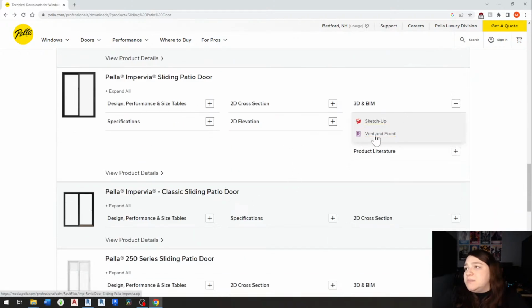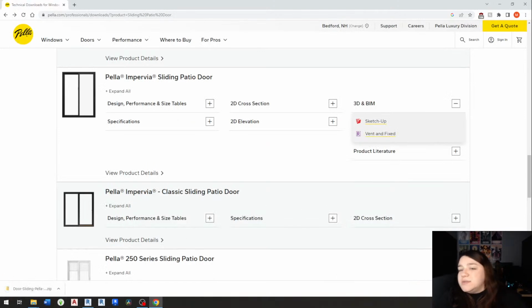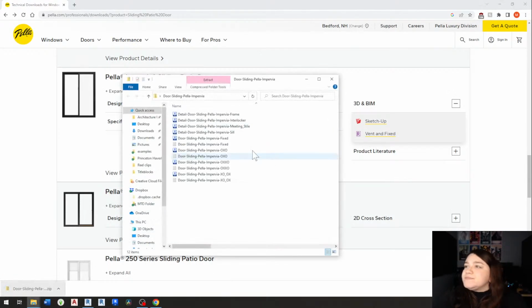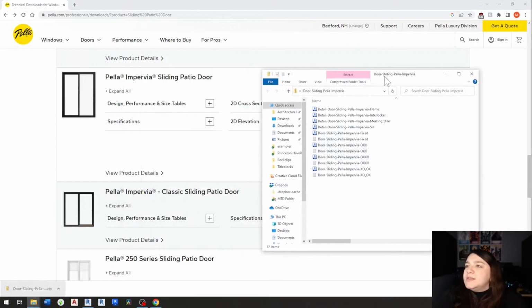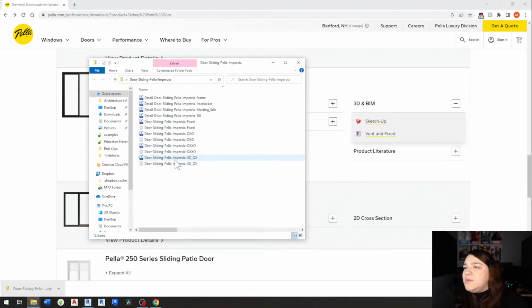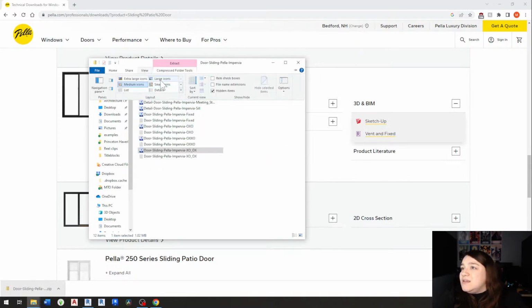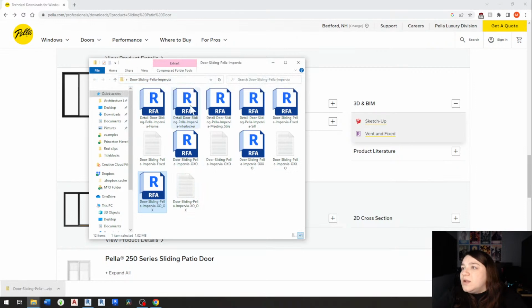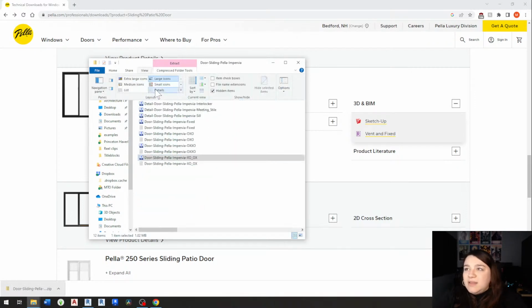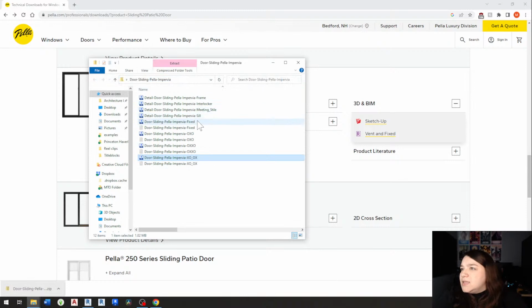And it has a BIM model, so I'm going to just download it and see what the difference is, because we're here. So this Impervia one looks like you can actually, let's see. These are not the icons I wanted. Thought it was going to give me the icon of the door, but it looks like we have an XOXO. The X basically is like what moves, and the O I think is what stays. I could have that backwards, but I'm pretty sure